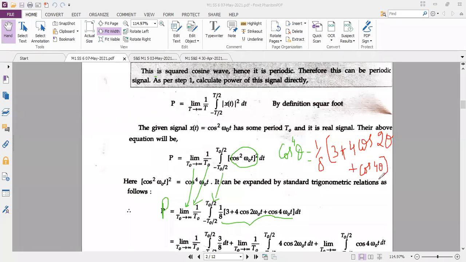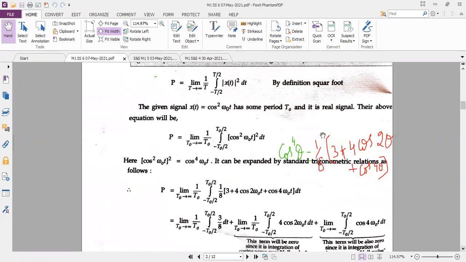So make sure that you remember the formula of cos 4 theta. Why can we not perform the integration directly on the power? If you have powers inside the integration, we cannot perform the integration. For cos or sine, we have to convert into cos with the power 1. Power 1 only you should have. Then only we can perform the integration. Am I clear up to this? Can anybody reply? Yes, ma'am. Yes. So now can you substitute as per the term in the question, use the formula and expand it.